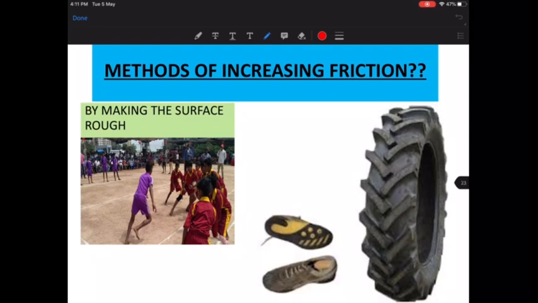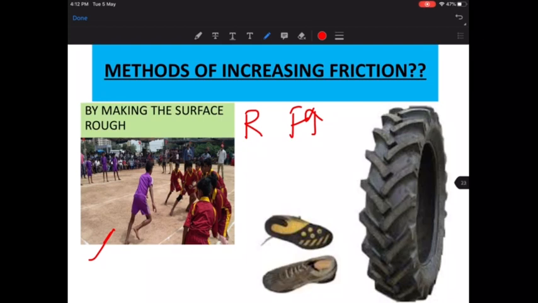How? See, if you see here, how do you play this game of kabaddi? You generally play it on a ground, over a muddy surface. Nowadays, when they play at a national level, they have those rugs, but those are also rough in surface. So that roughness produces friction, because of which they're able to have good grip on the surface, right? So making the surface rough, because any rough surface is going to have more friction. I told you, the rougher the surface, the friction is going to be more. So you need more friction. Otherwise, if there is less friction, you would easily slip on the surface, correct?